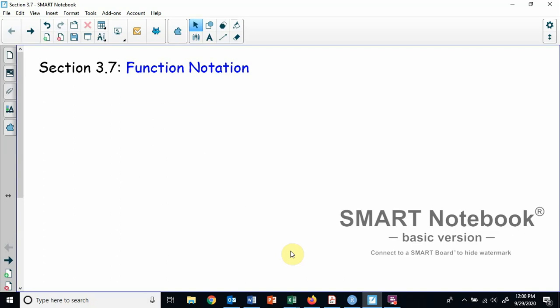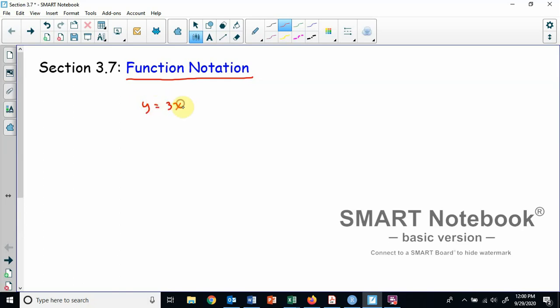Okay, so this is all about function notation. Now let's talk a little bit about function notation. Function notation is just a fancy way to write down stuff that we've already been doing. So for instance, we've been studying equations that look like this, linear equations, right? Well, we had the definition of a function last time, and it talked about inputs and outputs. So if we wanted to fancy this up some and use function notation,